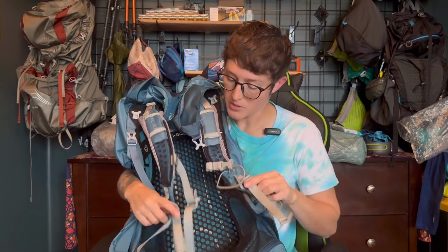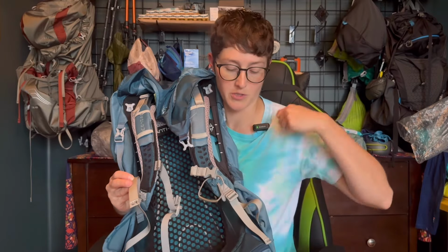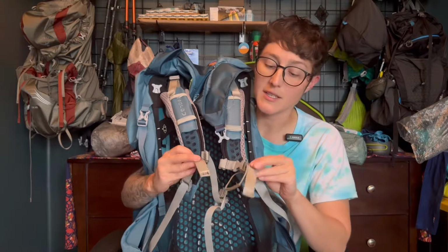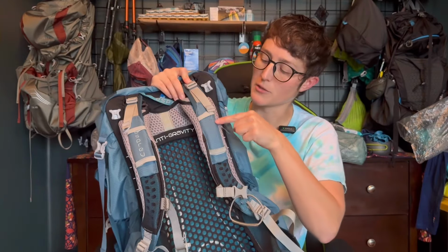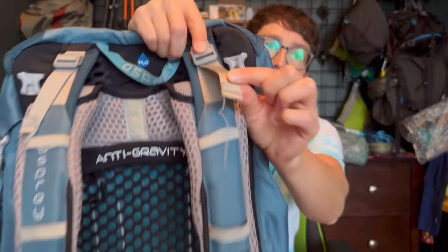So I also took these straps that you pull down, the shoulder straps. These were really long, so I cut these and then sewed up the ends. Totally not necessary, but I wanted to do that because the straps were just so long. And then this hip belt strap is so thick, and it was also so long, so I did the same thing with that. There was like a little loop down here at the end, so I just cut it all the way up to where the sewed